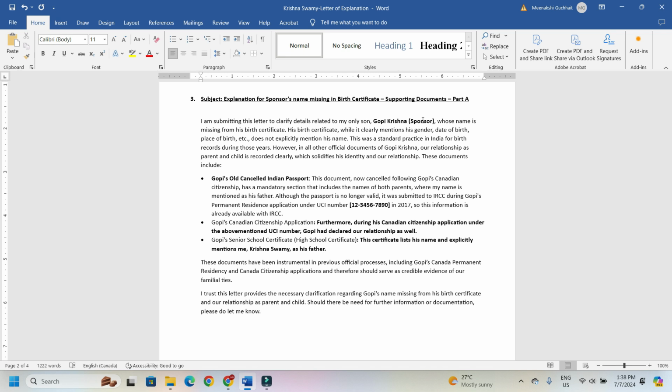Again, no notarized affidavit was made. This letter of explanation, the old cancelled Indian passport copy and the high school certificate were attached and sent along with this explanation. This is how I have done it, and so far IRCC has not come back with any questions, and the only question they came with was related to the outdated form which was filled during the